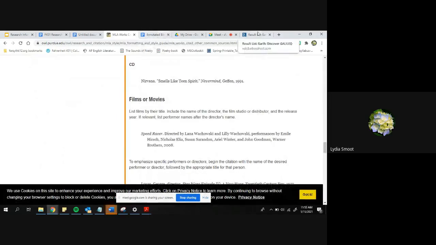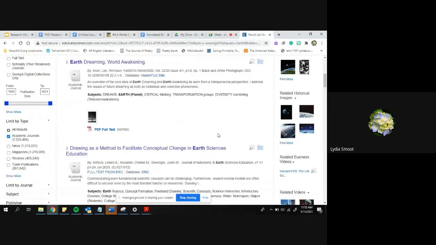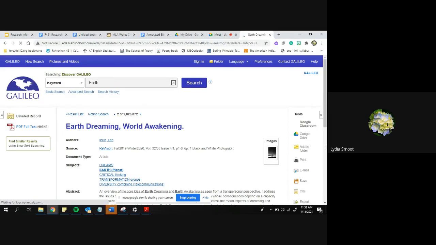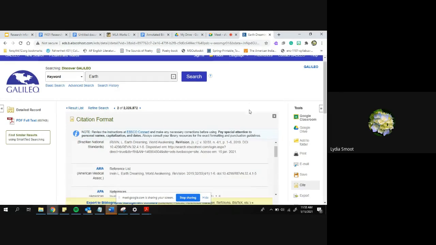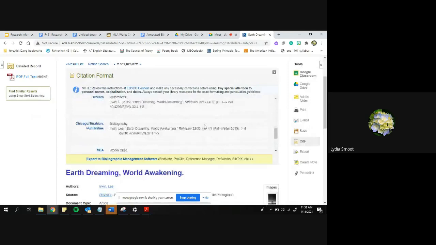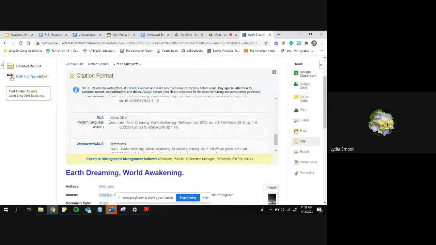The good news for us is if you found your source in Galileo or JSTOR, it's much easier to have a good citation. I'm going to pull up my academic journal. Here's me pretending this is mine. And over here on the right-hand side under Tools, it says Cite. Click on that. It has all these different types of citations. You don't need any of these. We want only this one, MLA. Boom, boom. So I'm going to highlight all of it, Control-C,